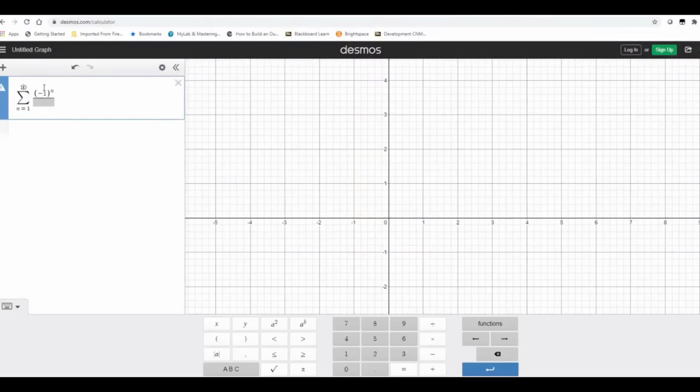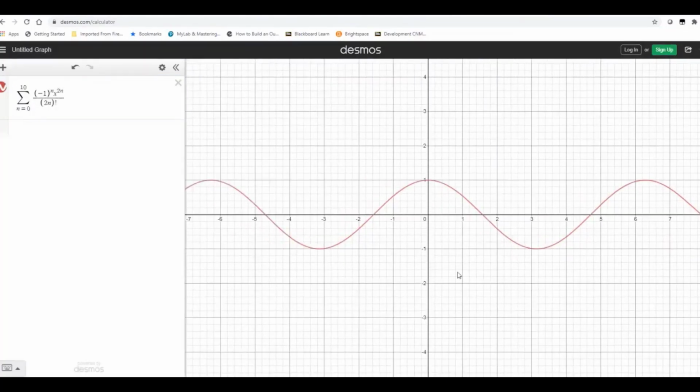Let's put it just at a small number to start with. (-1)^n x^(2n) divided by (2n) factorial. Now look at that graph. This should answer the question of whether it's a sine or cosine. What does it look like? Remember which one starts at its amplitude? Cosine does that, right? So what we're looking at here is the graph, the power series representation of the cosine